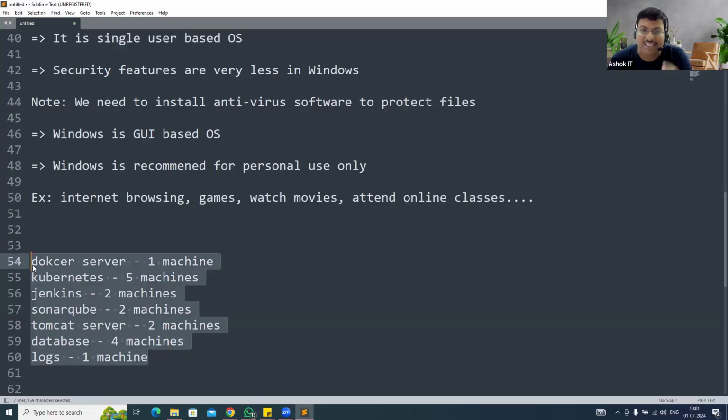So we need to purchase licenses for 16 operating systems, and 16 antivirus licenses we have to purchase. So it is costly. The project cost is going to increase when you use Windows machines to run your application. Okay. So for Docker, I need to purchase a machine. Right? For that, a license is required, an operating system is required, and for the Kubernetes software, Jenkins software, SonarQube, all these softwares we can't install